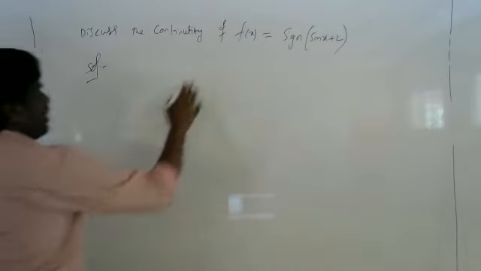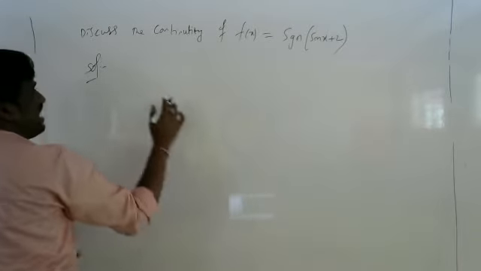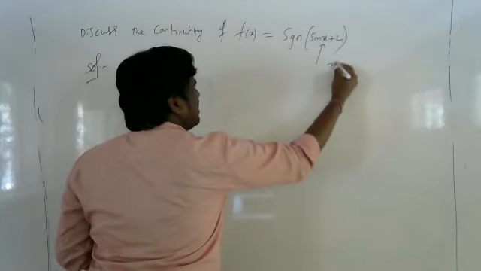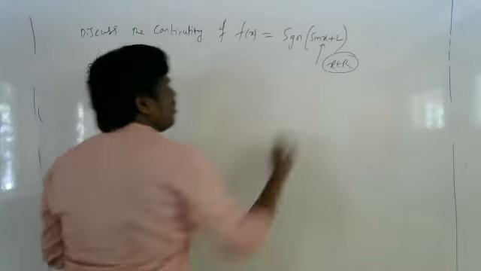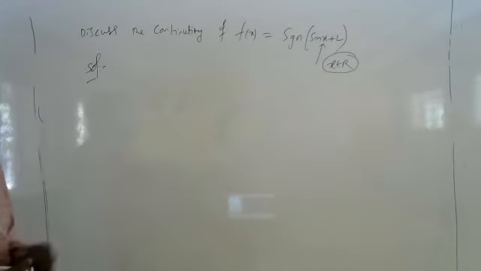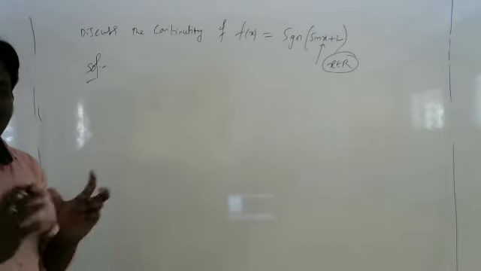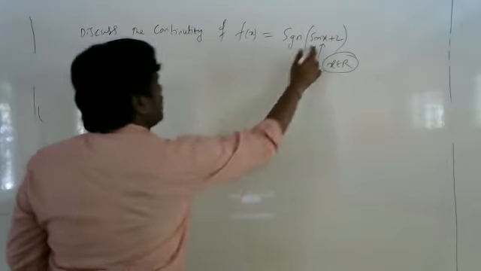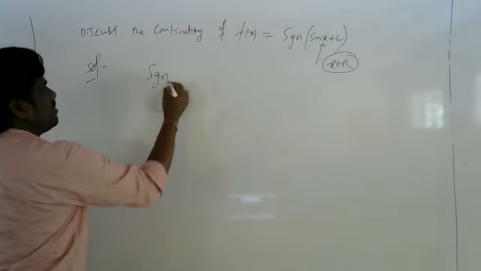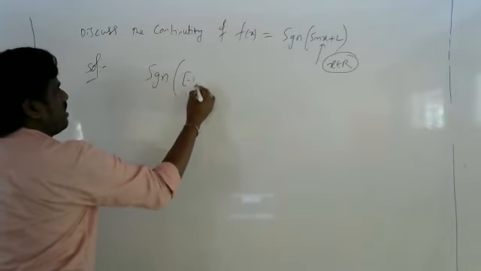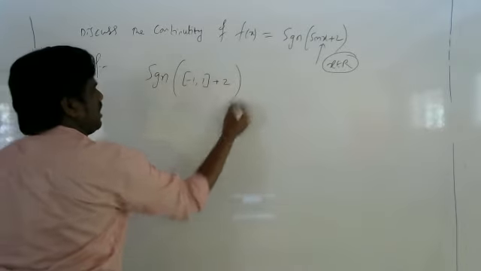Now what I want to say: you know that for sin x, if I keep x as any real number, I want to discuss about real numbers, so I keep x is equal to real. You know the sin x range is -1 to +1. So the range I am going to get as signum is -1 to +1, and then plus 2 I will get.